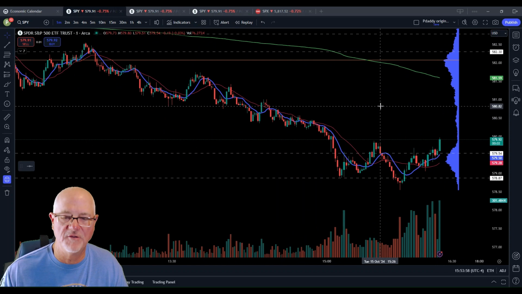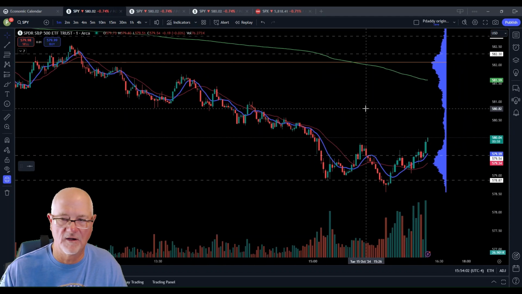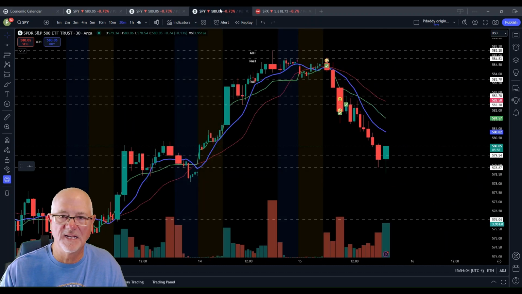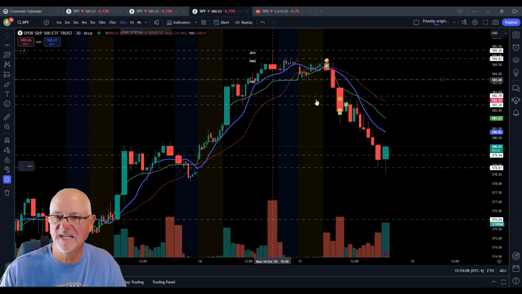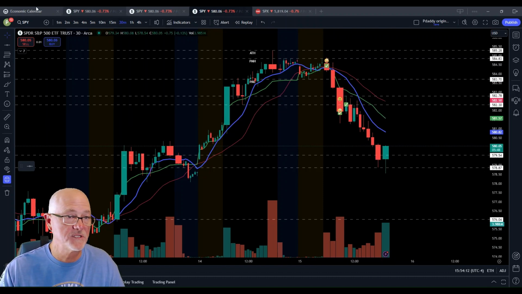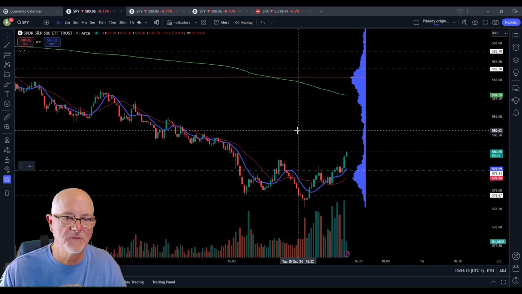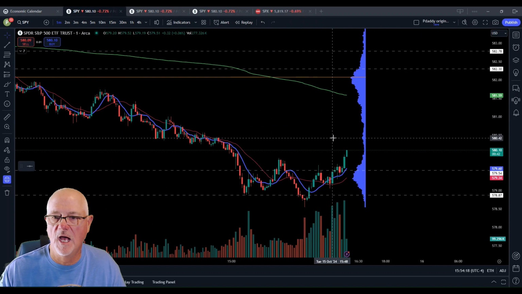If you're playing it right now, folks, those are levels that you need to be aware of. But again, look at that 30-minute chart. It's a thing of beauty today. Once we broke free of this business down in here, we were just free to go, go, go. And again, still pushing up just a little bit, folks.